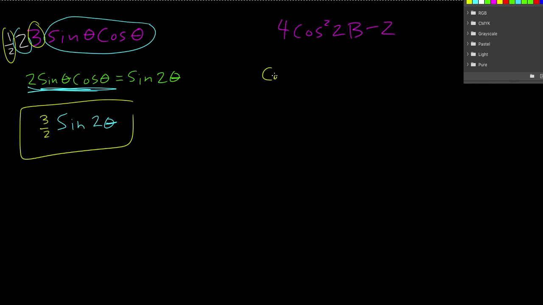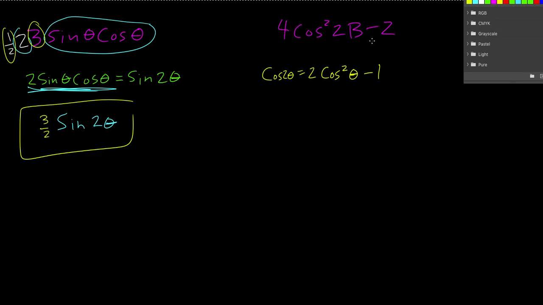We want to see cosine of 2 theta is equal to 2 cosine squared theta minus 1. Okay. So when we're looking at that,